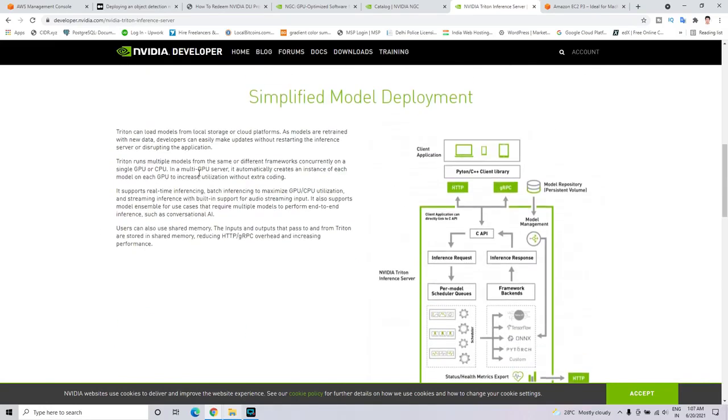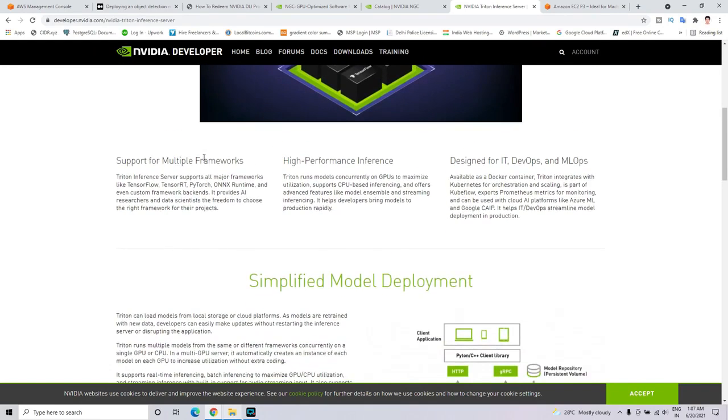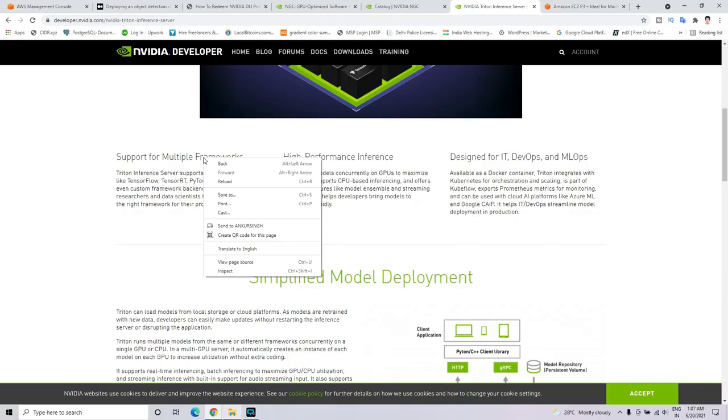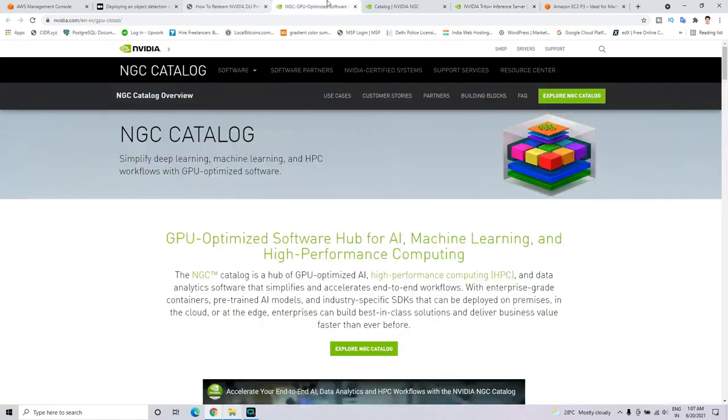NVIDIA Triton Inference Server lets a team deploy trained AI models from any framework like NVIDIA TensorRT, PyTorch, and many more, in our cloud storage or cloud platform or on any GPU. For this project,